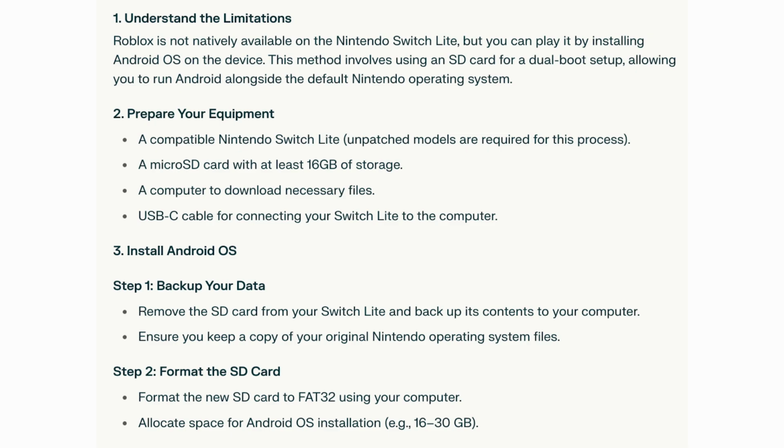Then you want to install Android OS, so back up your data, remove the SD card from your Switch Lite, and back up its contents to your computer. Ensure you keep a copy of the original Nintendo Switch operating system files. This is essential. Step 2 would be to format the SD card, so format the new SD card to FAT32